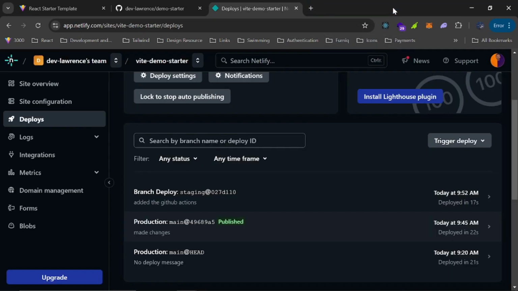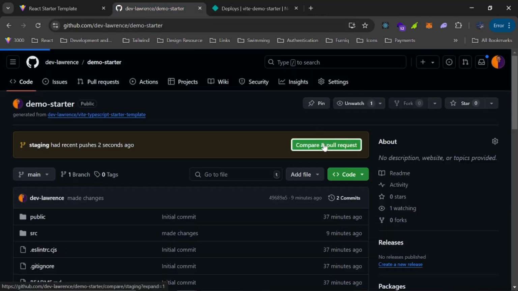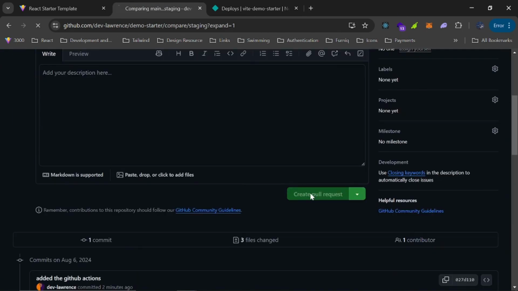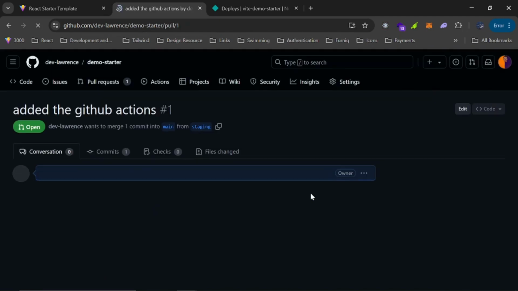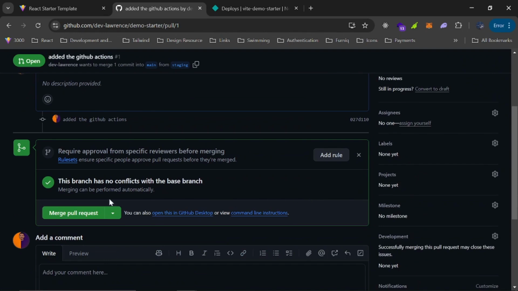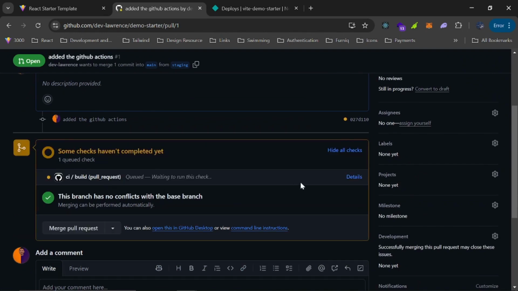So I'll close this out. And if I come here and click on compare pull request, create pull request, this is going to run our GitHub actions. So let's give it some time. If I click on details,